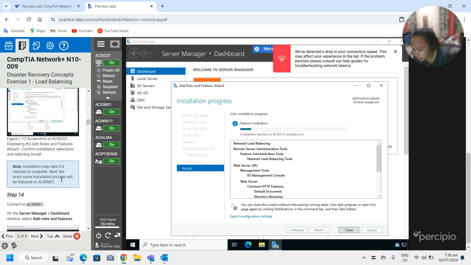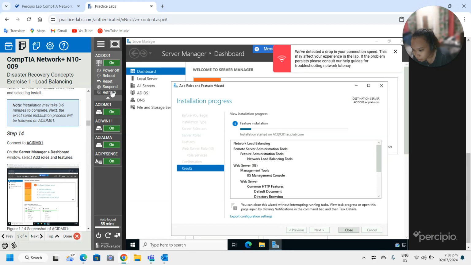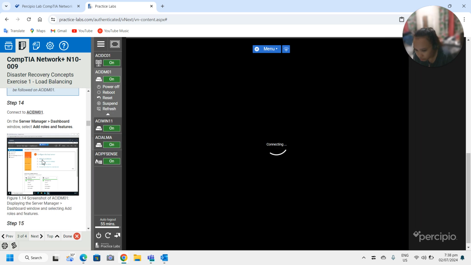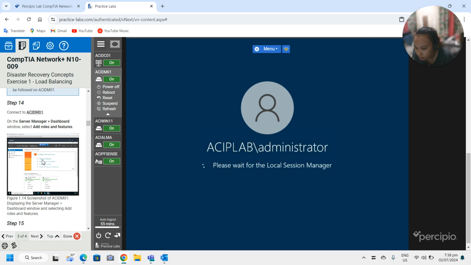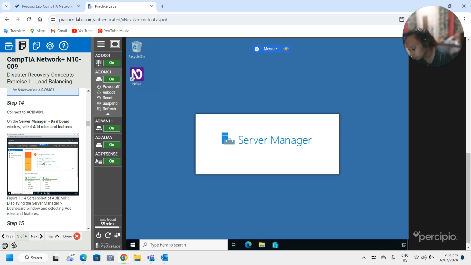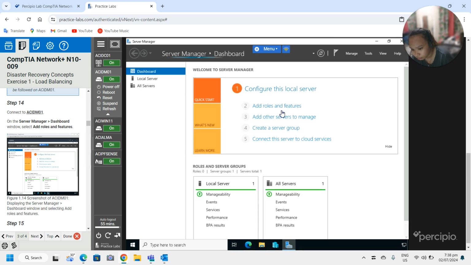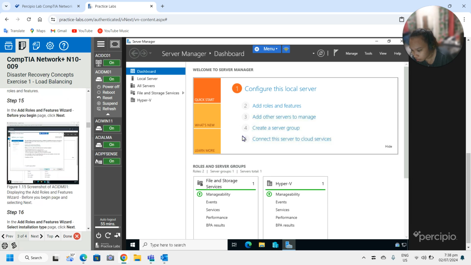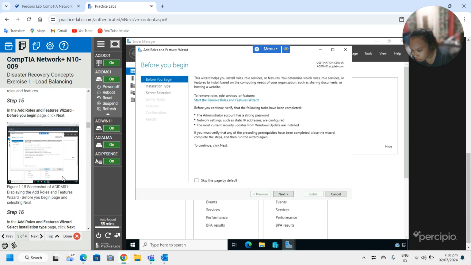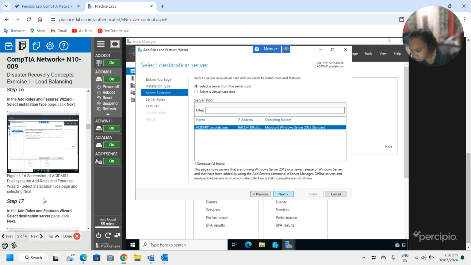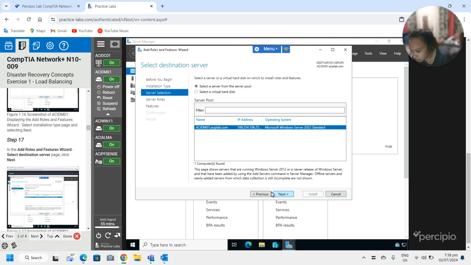Next, the exact same installation process will be followed. Connect to ACIDMC01. Same, just wait for it to load and add roles and features. Just click next, next, next.